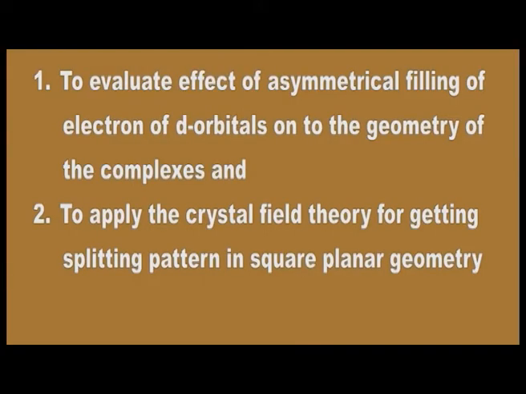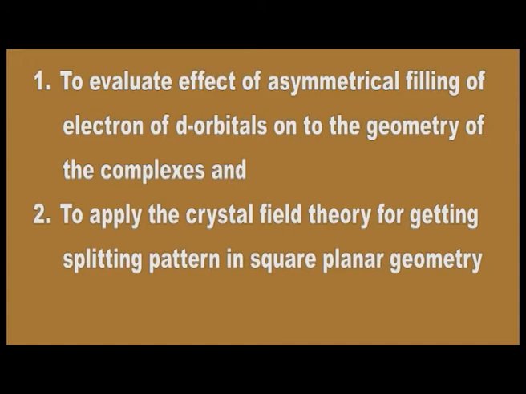An asymmetric filling of d electrons may cause distortion in the geometry. In this module, we will learn to evaluate the effect of asymmetric filling of electrons in d orbitals on the geometry of the complexes,